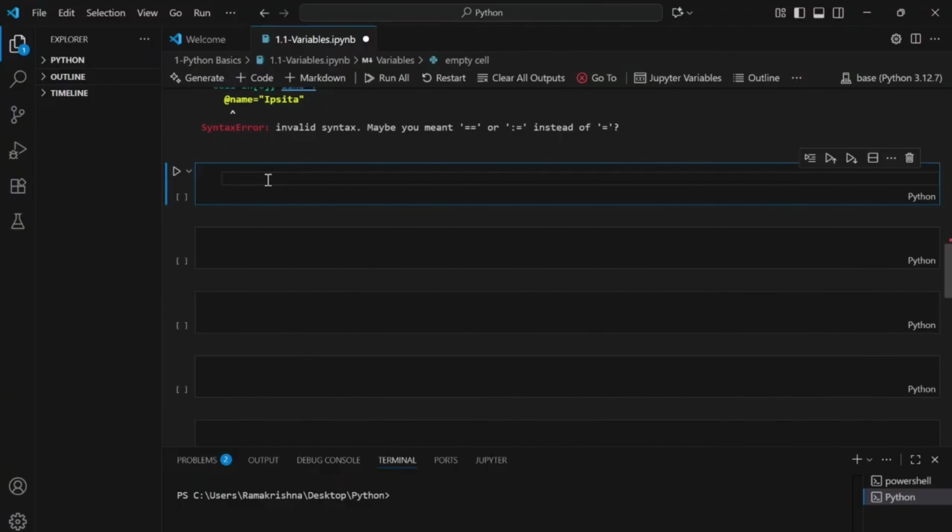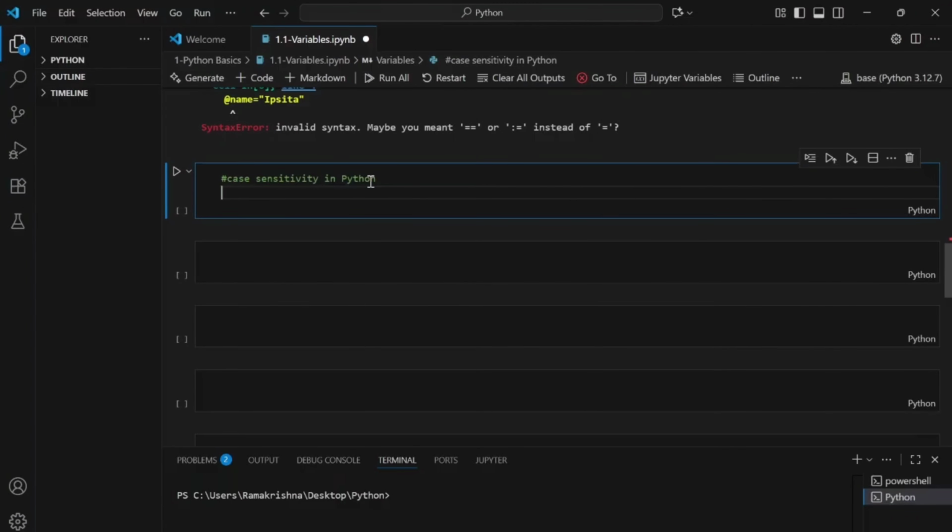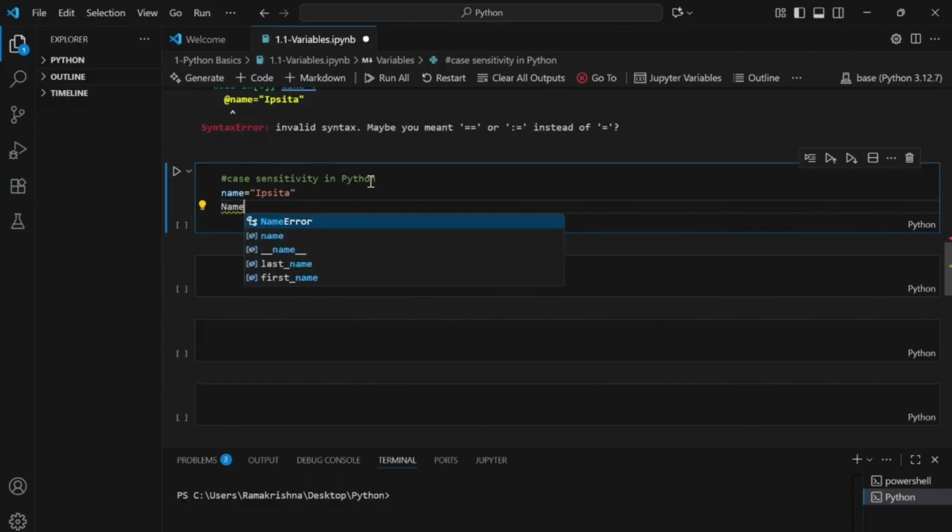Now let's go ahead and understand case sensitivity in Python. This one we have already discussed yesterday, but just for a recap, suppose name equals Ipshita, and the same variable but with uppercase N, that is camel casing.